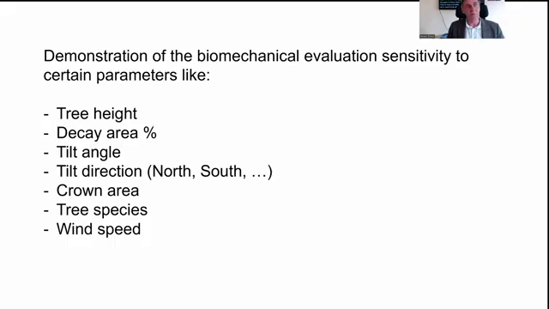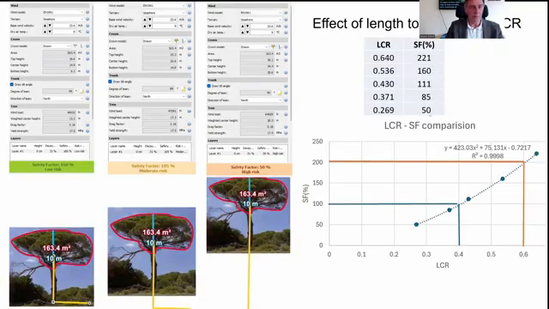Those countries where Euronorm is available, I highly recommend to use that model. In the European Union, it is not recommended, it is compulsory. So, the effect of the length and the crown